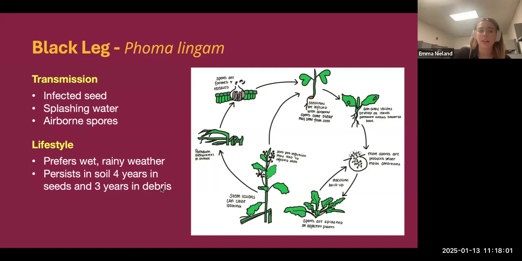So for the primary infection of blackleg, infected seedlings will form pycnidia, which, like I mentioned, are kind of like spore producers. These will produce a lot of spores, and when conditions are ideal, these spores exude from those pycnidia and spread through either splashing water or wind or through your movement throughout the gardens and infect nearby plants.